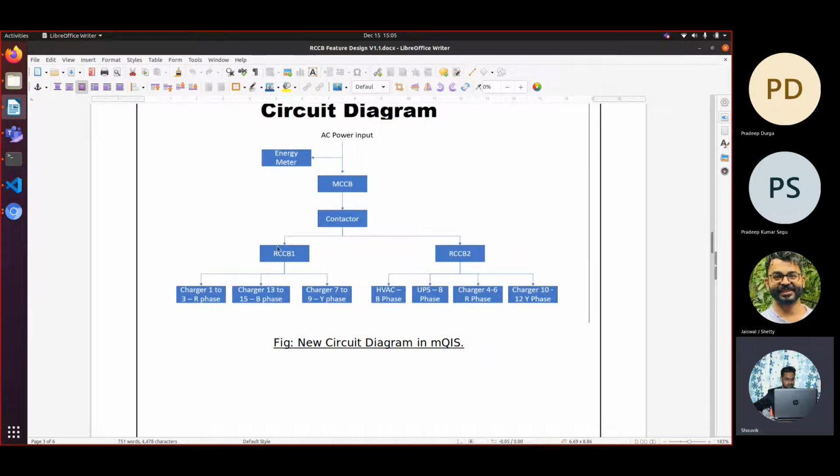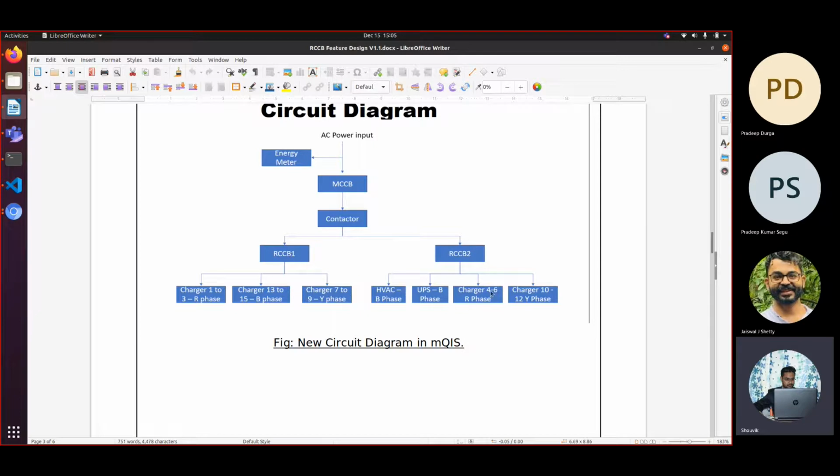Now if chargers 1, 2, 3, 13, 14, 15, and 7, 8, 9 are all reporting that they are not getting input power, I mean input voltage, we conclude that RCCB1 has failed.